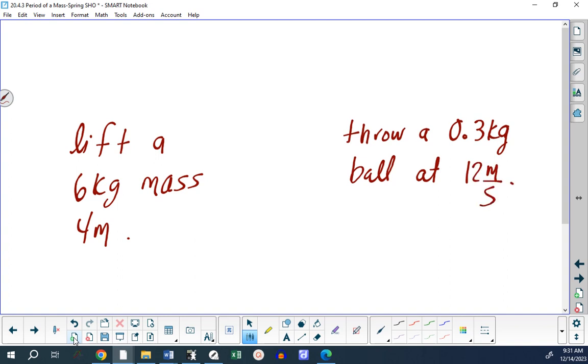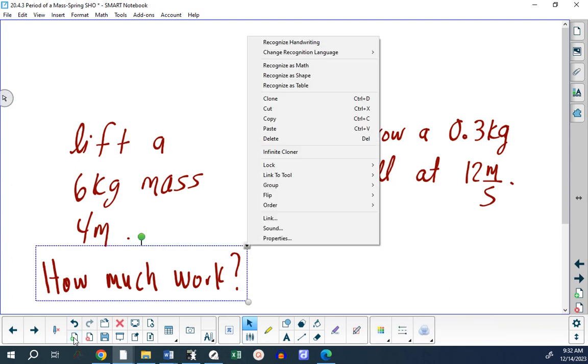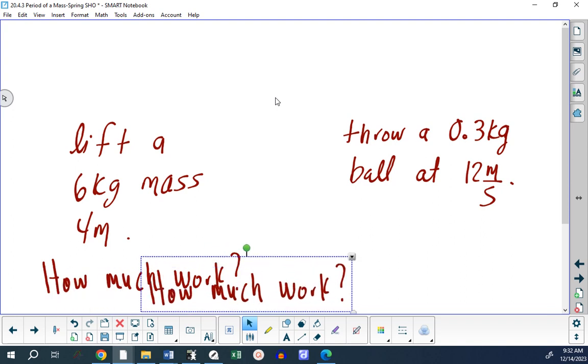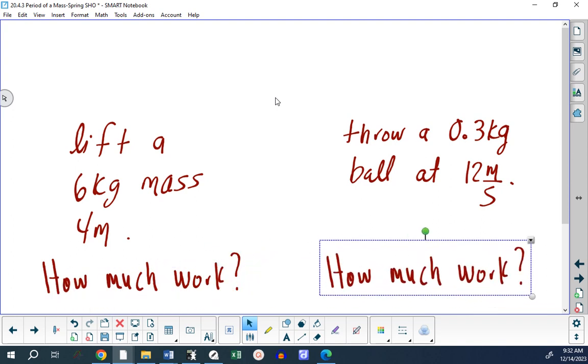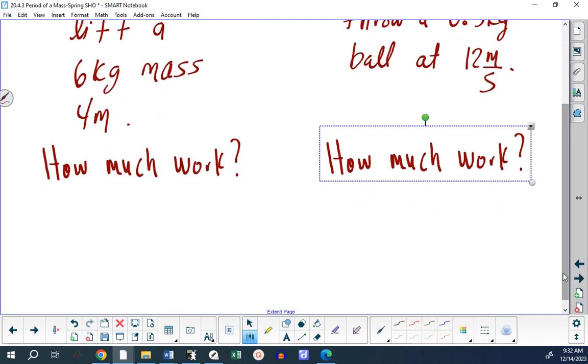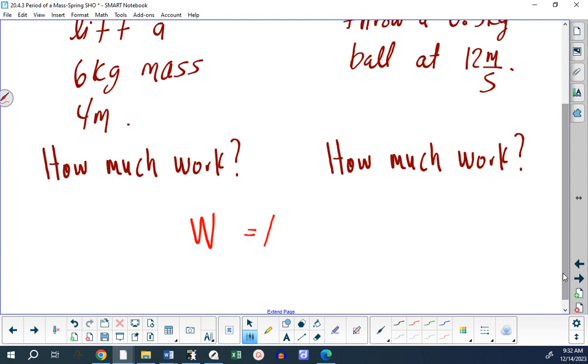I've got two statements here, right? If I said, how much work was done in each of these cases, it would be a mistake for you to start thinking work is force times displacement. I mean, that might be helpful here with the problem on the left, but it's a dead end with the problem on the right. The bottom line is the work done in both of these cases is the change in energy